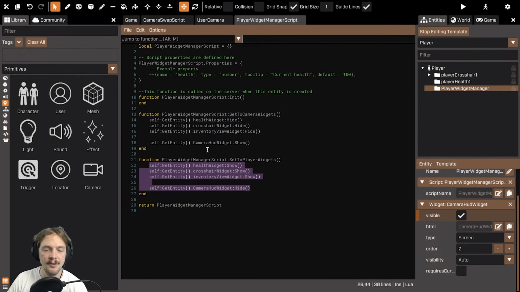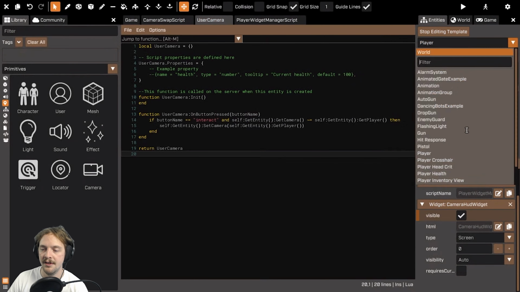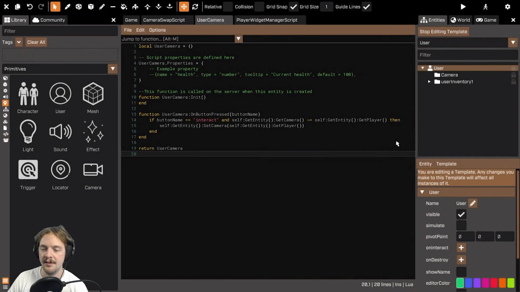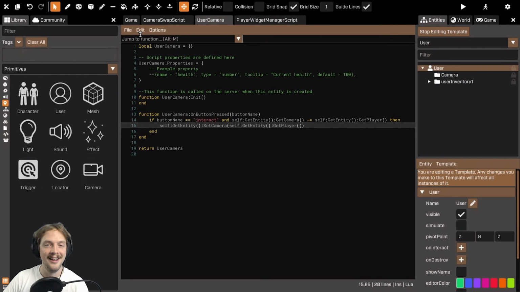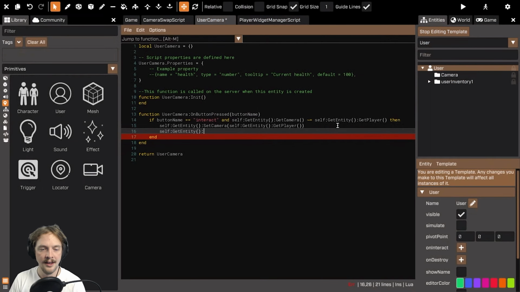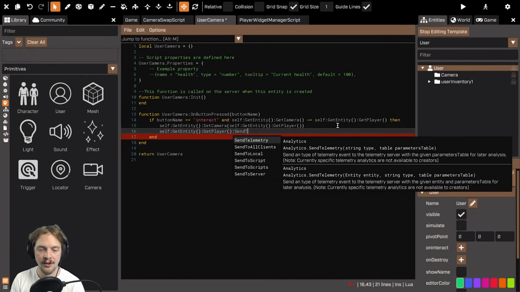And so to use these two functions, I need to, from the user camera, which is attached to the user here. So this script is attached to the user, and I need to call this script, which is attached to the player. And so I can do that, and it has to be called locally on the player as well. So it's a little bit more complex, but I can do that by going self get entity, get player, send to local,